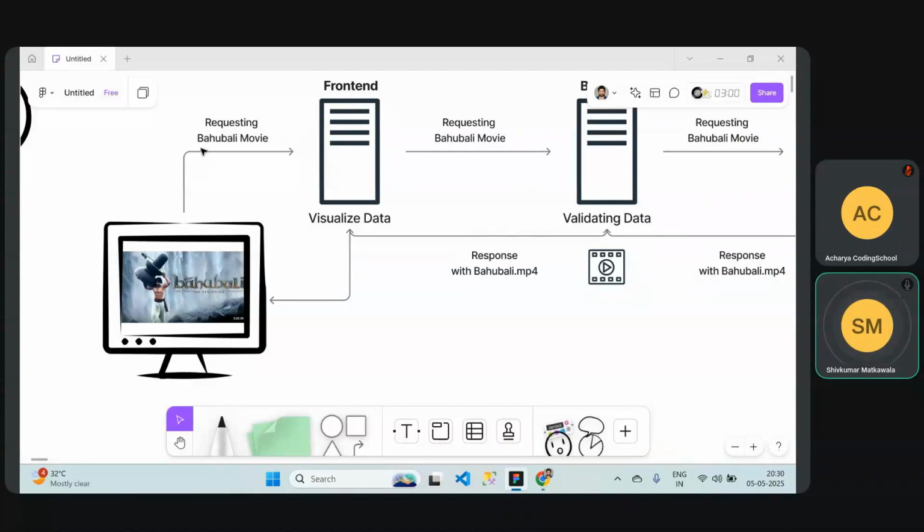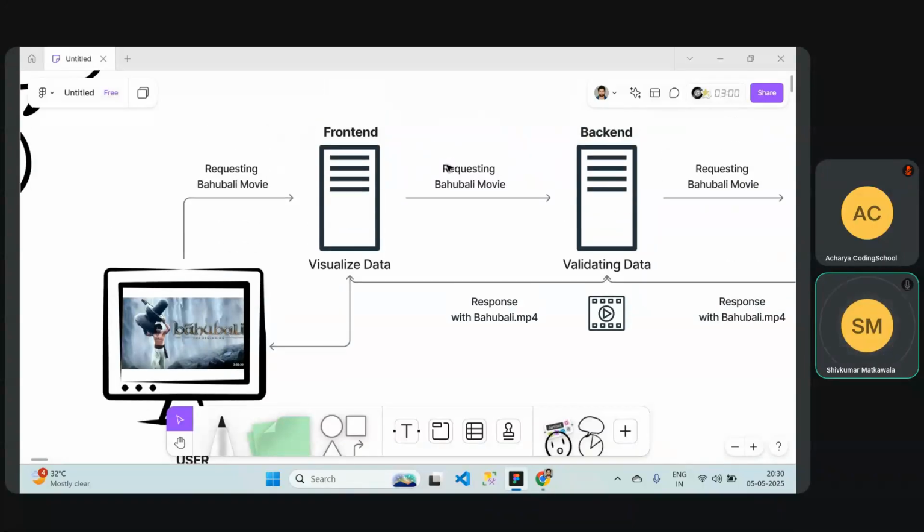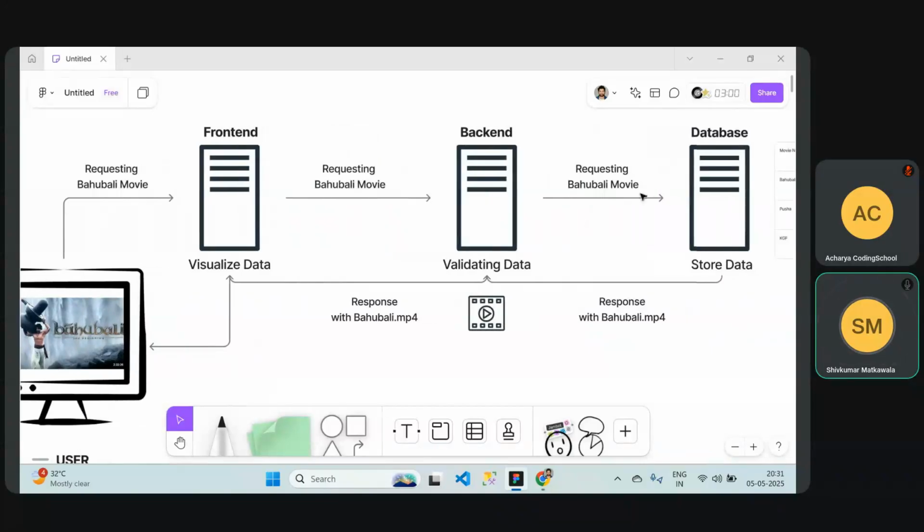So you requested the Bahubali movie from the front end, but the front end has no Bahubali. So the front end will simply forward that request to the next part of the full stack application, which is backend. Front end is the first part, and the second part is backend. But backend also has no Bahubali movie. What it will do is simply redirect your request again to the third part of the application,